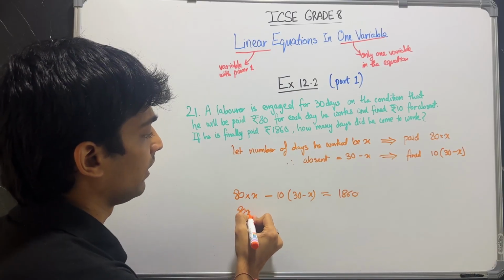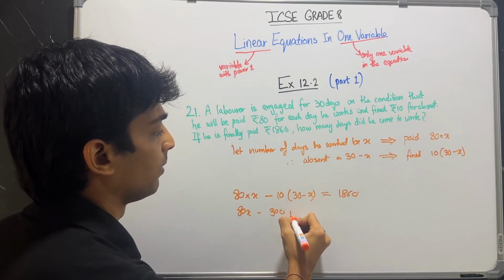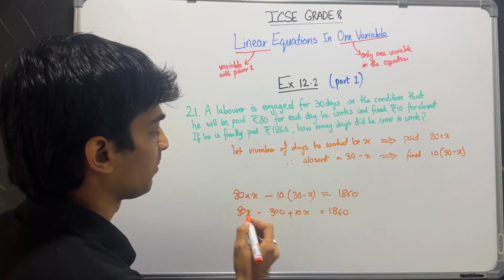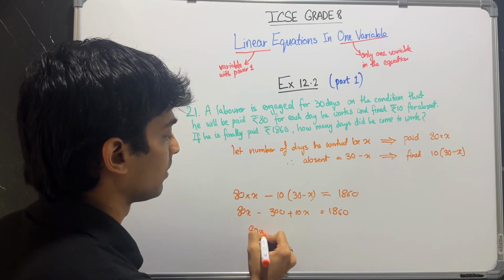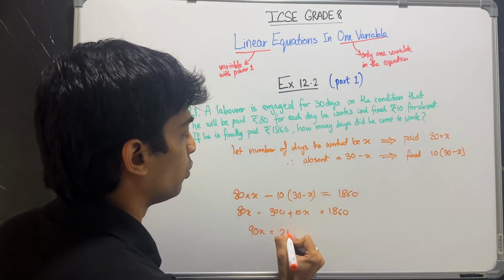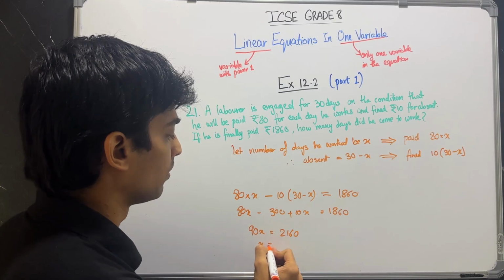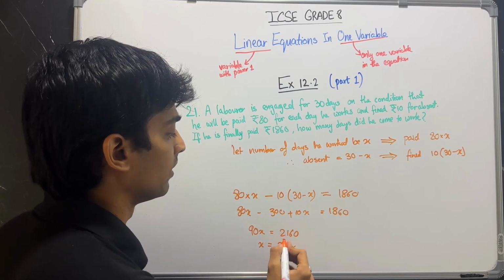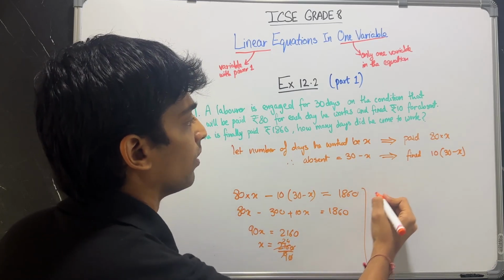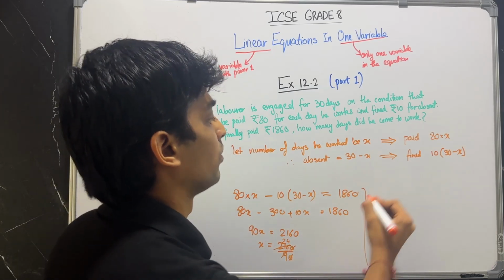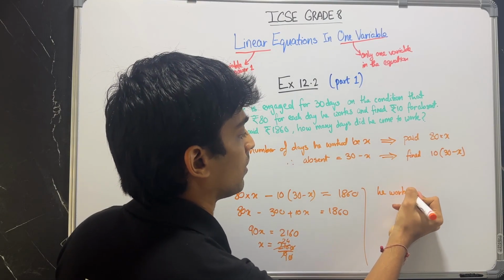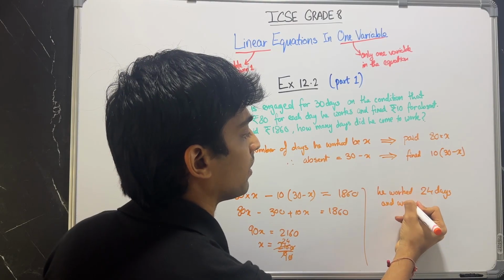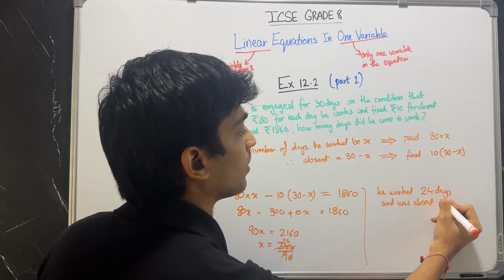So let's open the bracket. 80x minus 300 plus 10x equal to 1860. Now 10x plus 80x is 90x. The 300 there will become 2160. x equal to 2160 upon 90. 9 2s are 18, 36, 9 4s are 36. So x is 24. So he worked 24 days and was absent for 6 days,